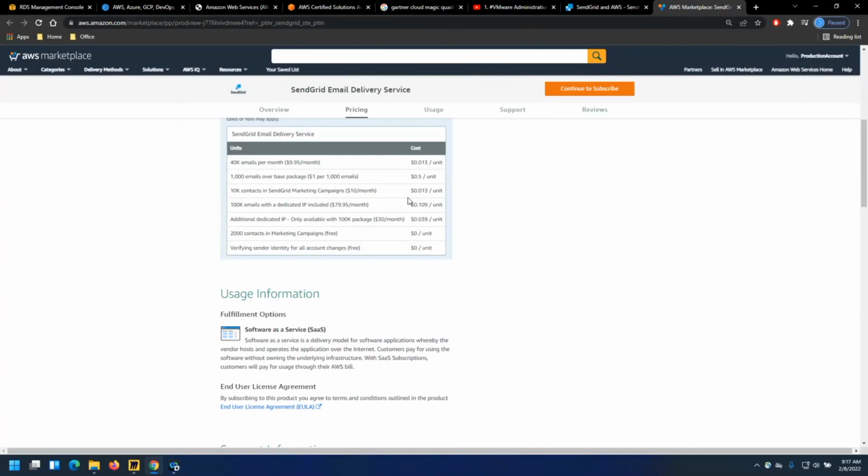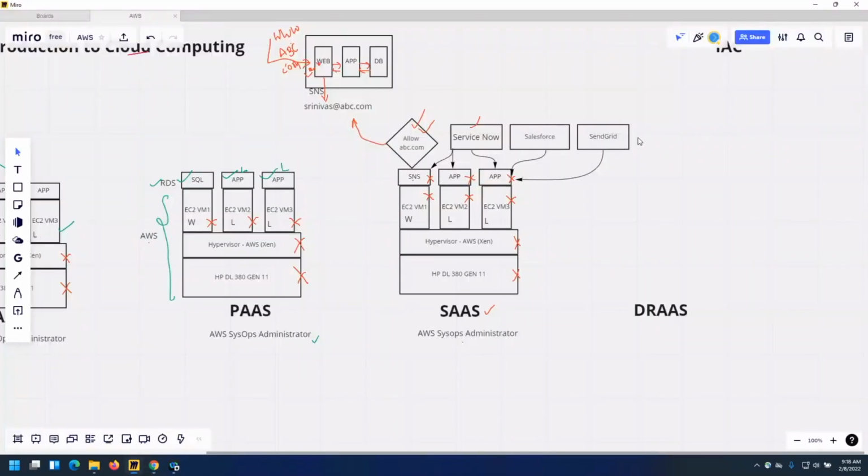We don't really charge you on those numbers. We will charge you around 40K emails per month. It will be $9.95 per month for 40,000 emails, and 1,000 emails over the base package. This is the price, and that price breakage will be provided.